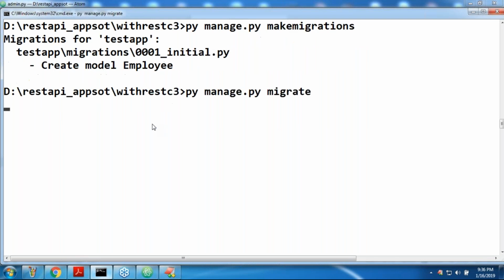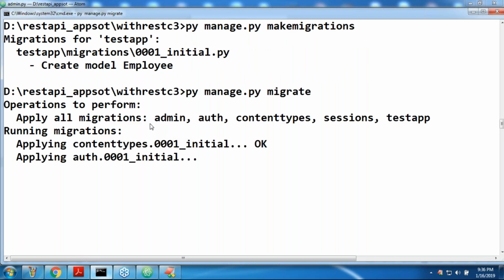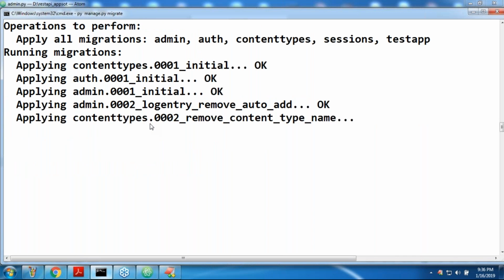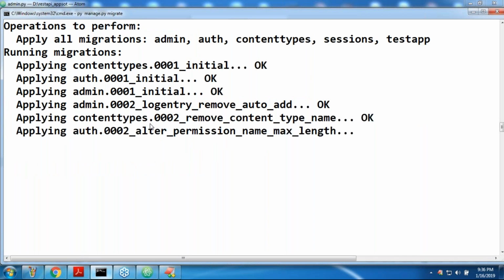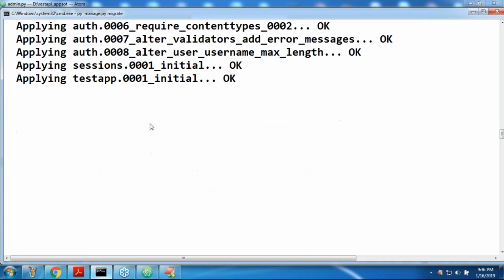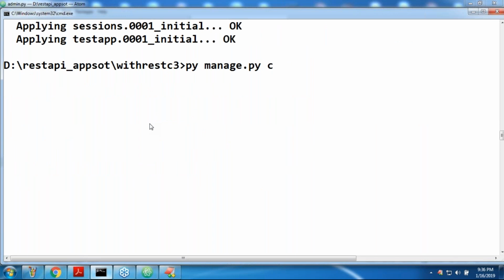The system is responding very slowly today. After migrate, what is the next command I have to take, sir? Create superuser. python manage.py createsuperuser, like this I'm taking.